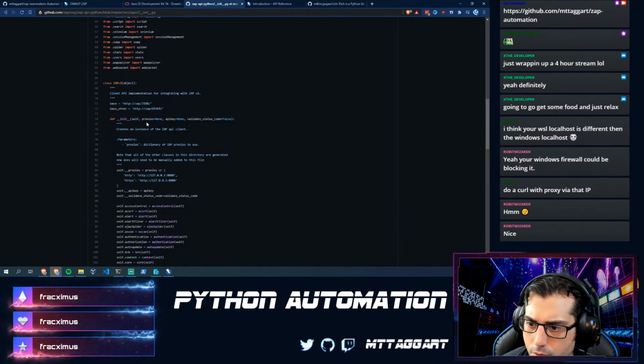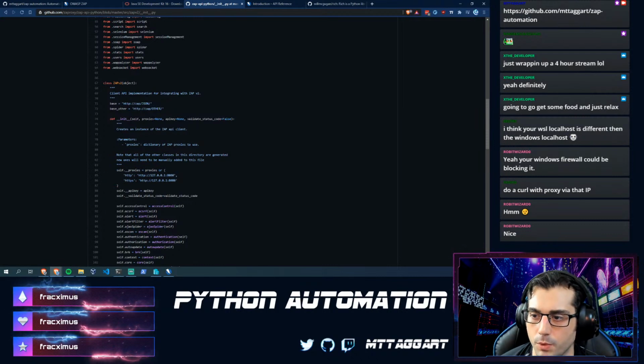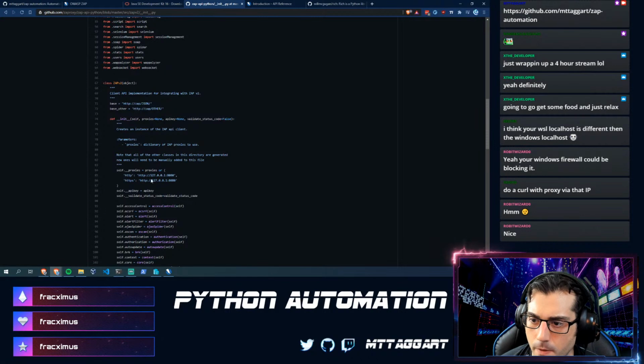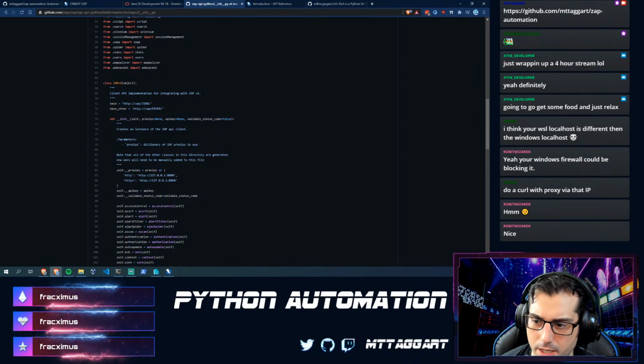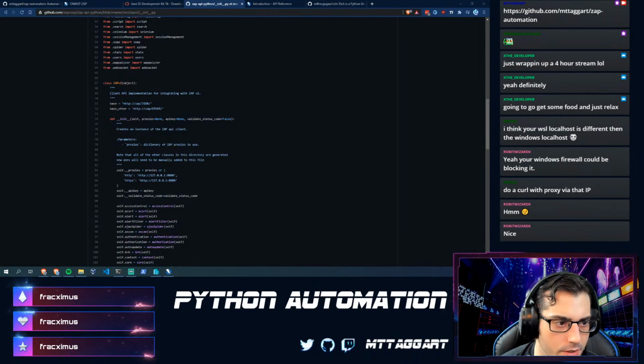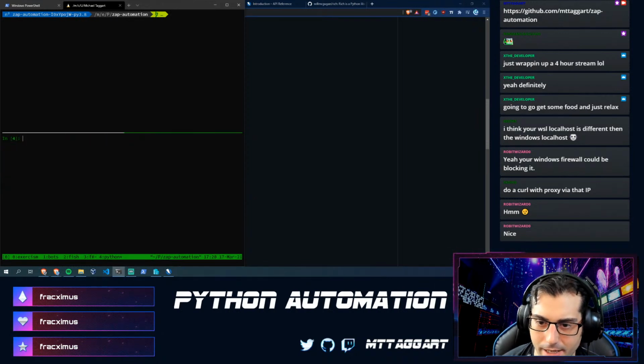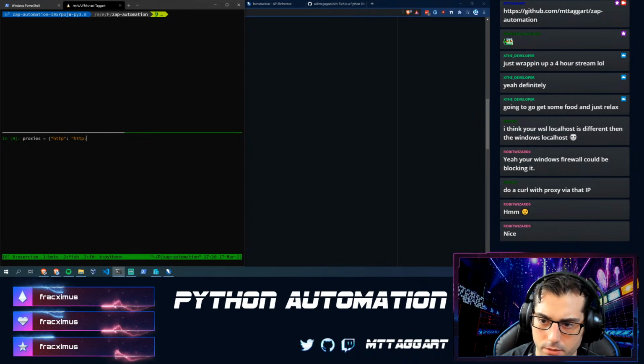In self proxies. Oh, okay, perfect. So we can provide it. Thanks for documenting this, Zap. We can provide it a proxies and give it the actual HTTP and HTTPS proxy. I love it when things aren't documented, you just have to, like, read source code to do it. I can, but I don't want to have to. So, that's what? What did we figure out?